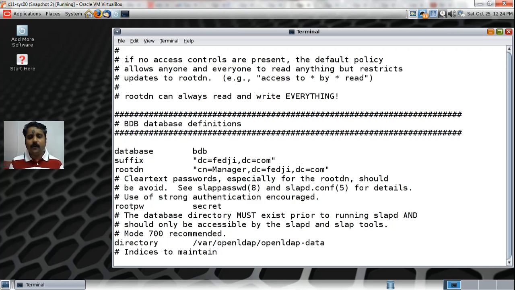The default file system where this is going to be located is /var/openldap-data. No prizes for guessing there. You can always change this to a directory of your choice. Maybe if you are more concerned about performance, you might want to put this on a separate storage or